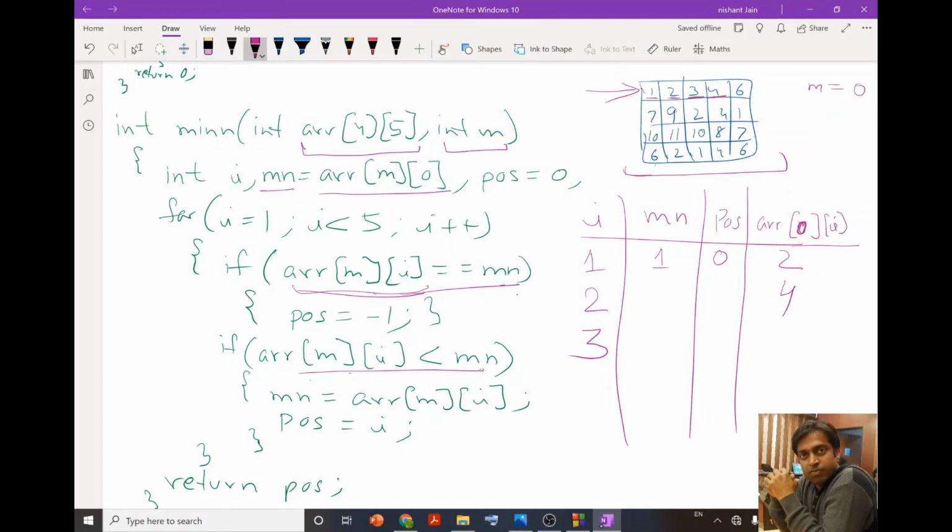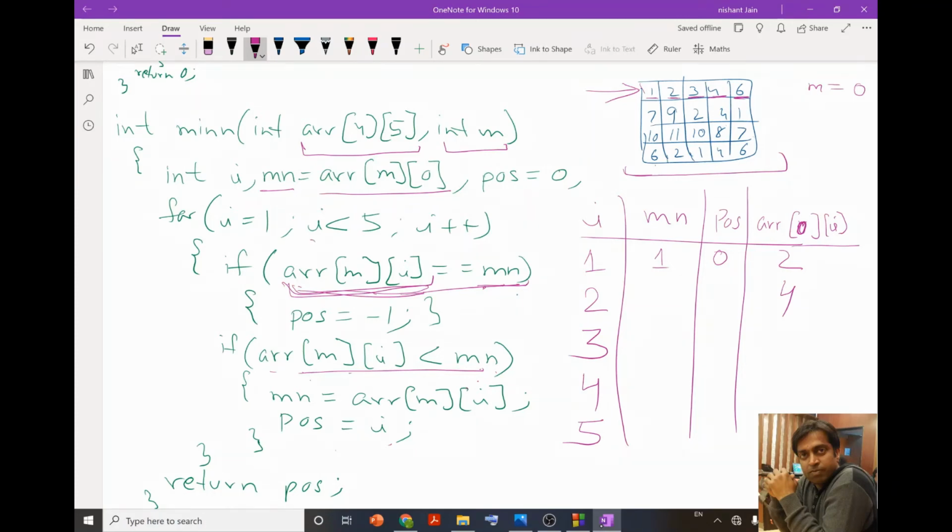So again we are going to check 4 with 1. The condition is false, this condition is also false, so we are not going to do anything. We are going to go to the next value of I, which is 4. Now array 0 4 means 6. Again you can see that this condition as well as this condition, both are false, so again we are not going to do anything, and we will go to the next value of I, which is 5.